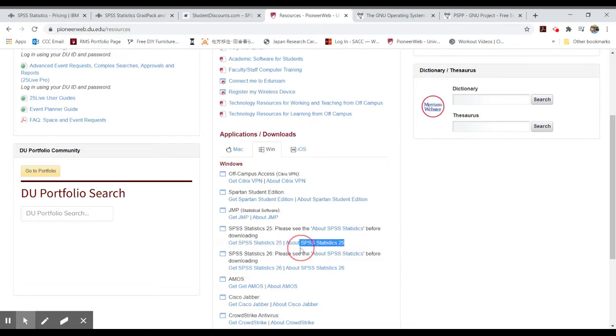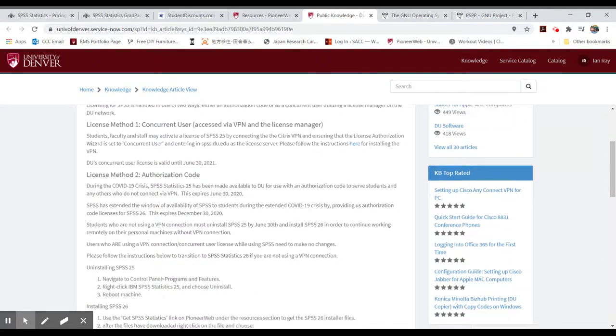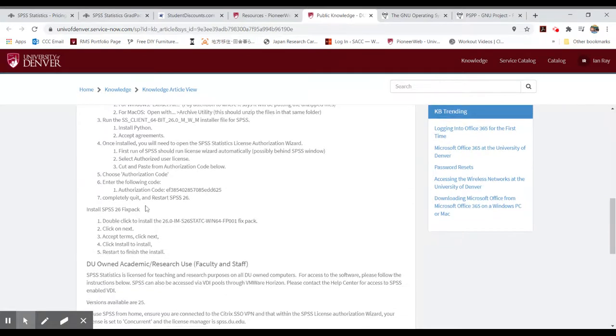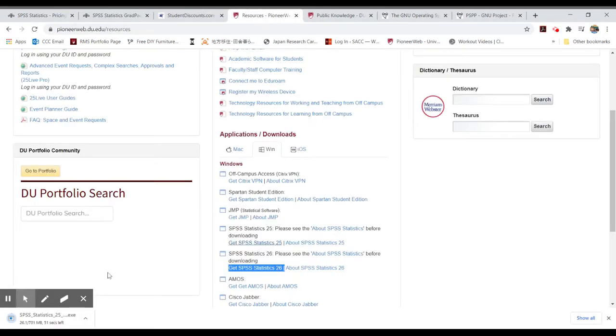There's also this About SPSS link that we will also need, because that takes us to a login knowledge base from DU, which has the very important authorization code right here. So in step 6, section 1, authorization code, you'll need that not to download the software, not to install the software, but to actually run the software. So you get the code through the knowledge base, through the About SPSS 25 or 26, depending on which one you want to install, and then to actually get the file, you click on either Get 25 or Get 26. And when you do that, it starts downloading it